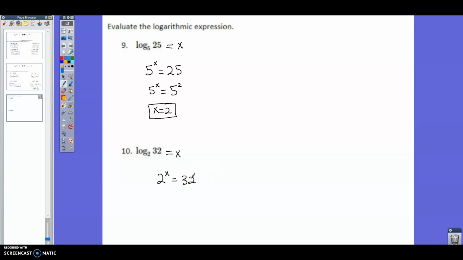So we want to rewrite 32 to have a base of 2. So if you don't know what power you need to raise 2 to, you can always do a factor tree. So there's 1, 2, 3, 4, 5. So 32 can be written as 2 to the 5th. So now since our bases are the same, we can ignore the bases, and x is equal to